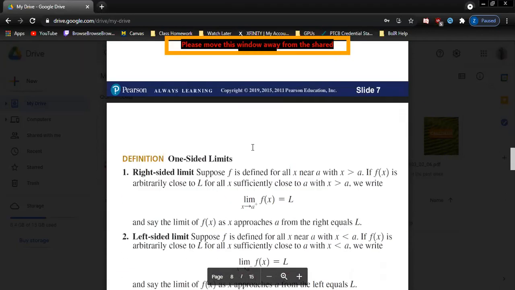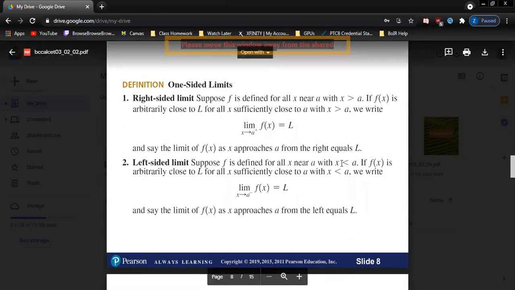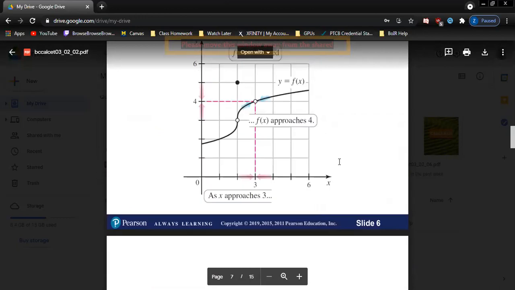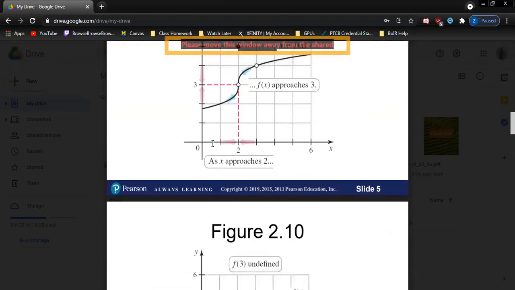Now let's see the left-sided limit. It's actually the same. You can clearly understand, but on this occasion, we'll be moving from our left. So all the x will be less than that value, less than A, right? And you can clearly imagine, because we'll be approaching from our left, and on the real number line, we know